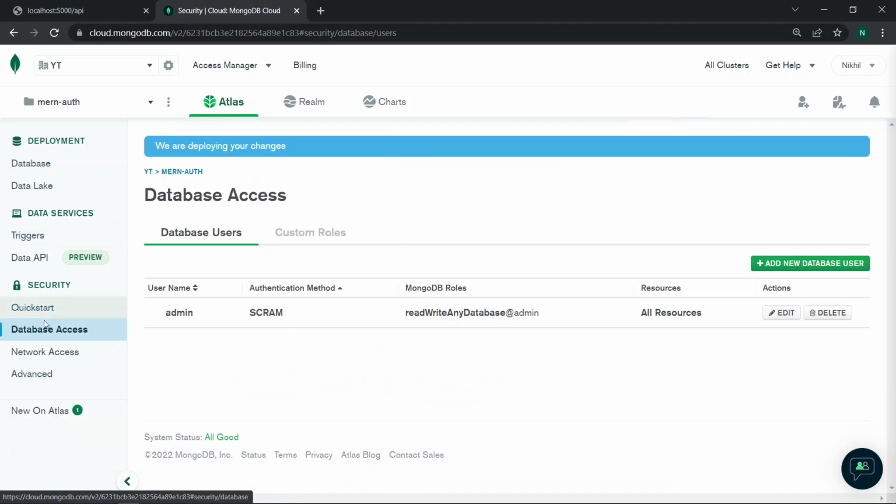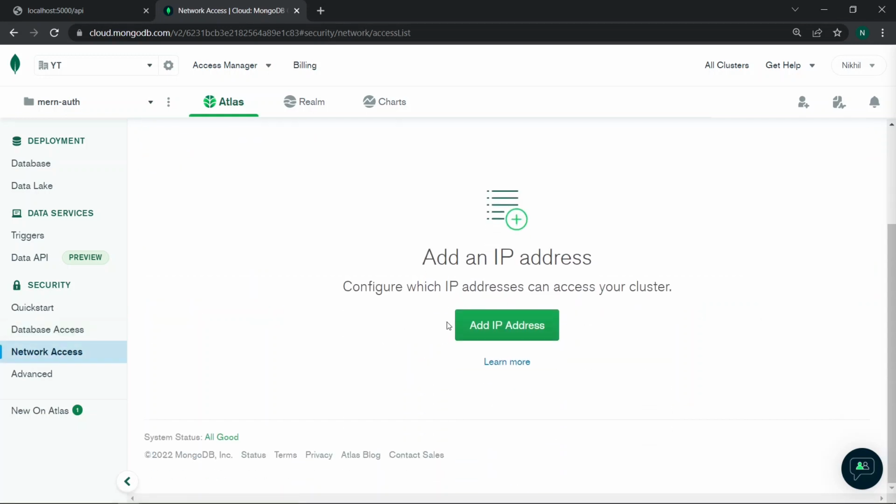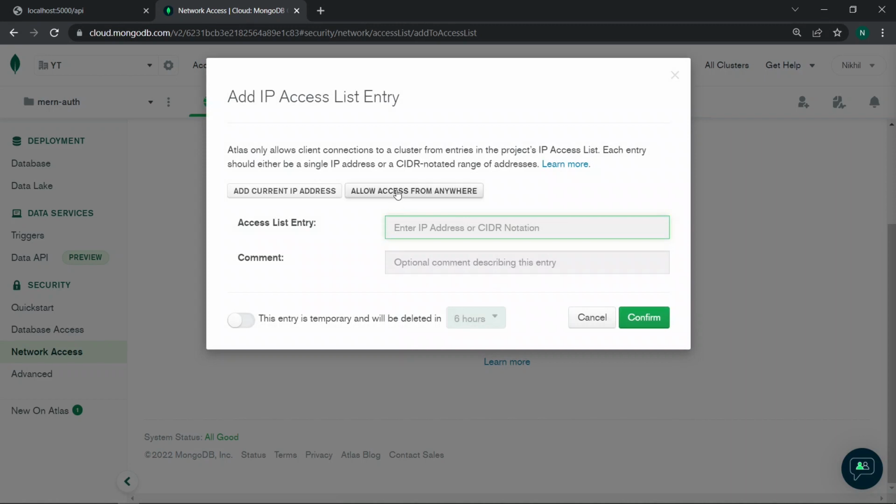So we can just go to the database access. Now you can see we have the admin user, and you can just edit the options as well. Then we have the network access, and you can add the IP address from the option below. So you can just click on add IP address and add the allow access from